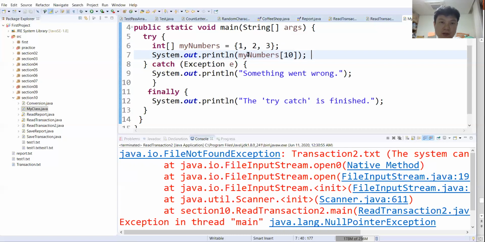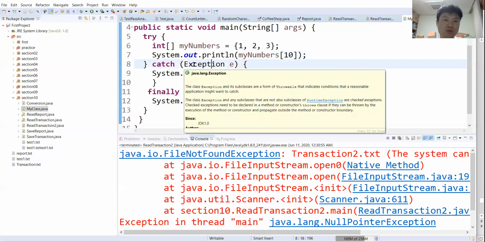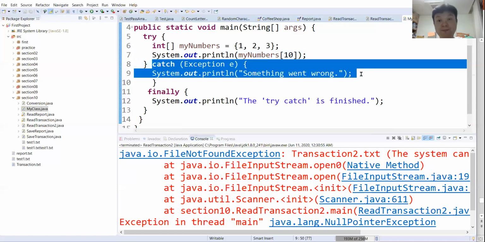But when it goes like this one, it should be an error, because I know that there will be an error. So you can just go to the catch, and please pay attention to Exception. This Exception is a very general class, and this kind of exception can be anything. And I don't know what is anything. But if it goes to this catch, you just print "something went wrong", even though I don't know what is